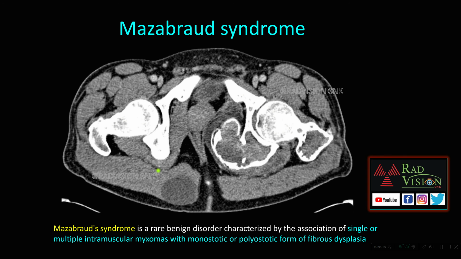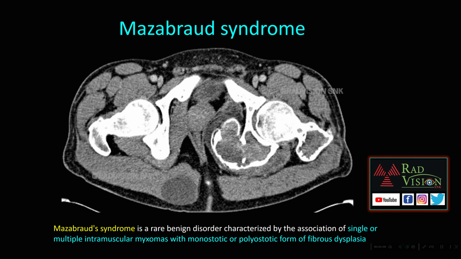Here you can see there is a bony lesion which shows typically ground glass appearance, matrix which shows ground glass appearance. This is nothing but fibrous dysplasia, and also you can see there is a hypodense lesion noted in the muscles, gluteal region, which is nothing but a myxoma. So whenever you see fibrous dysplasia in a single bone or multiple bones associated with intramuscular myxomas, definitely suspect Mazabraud